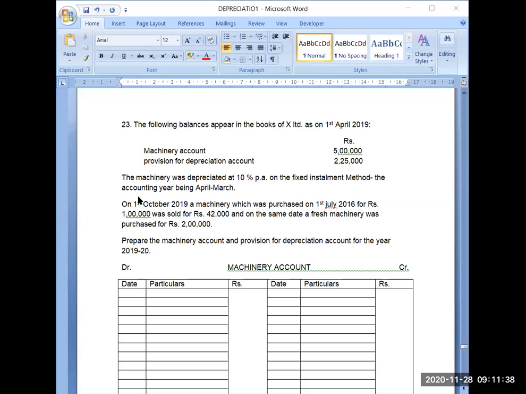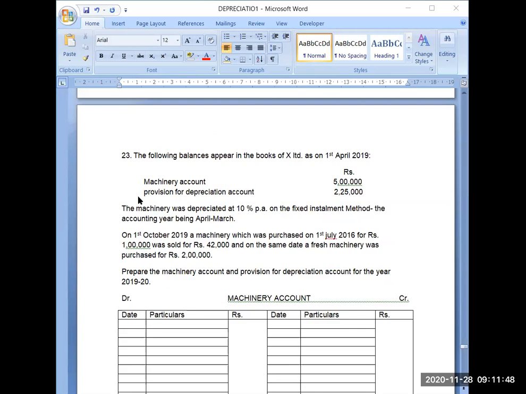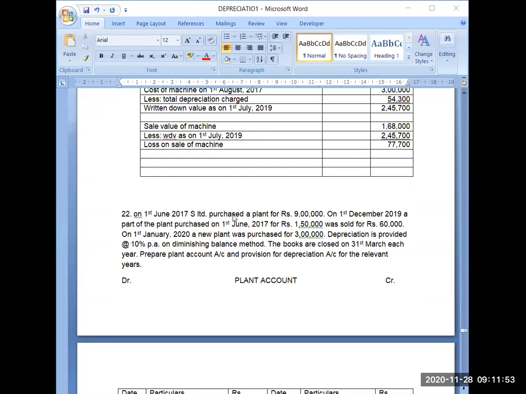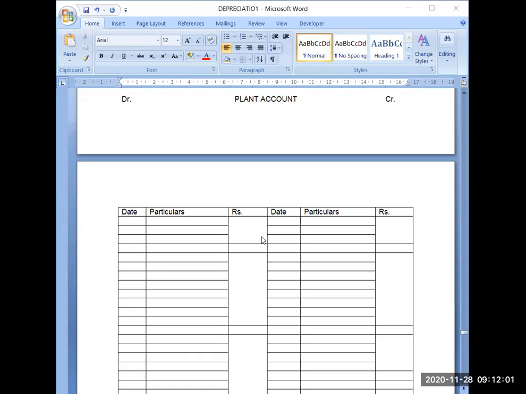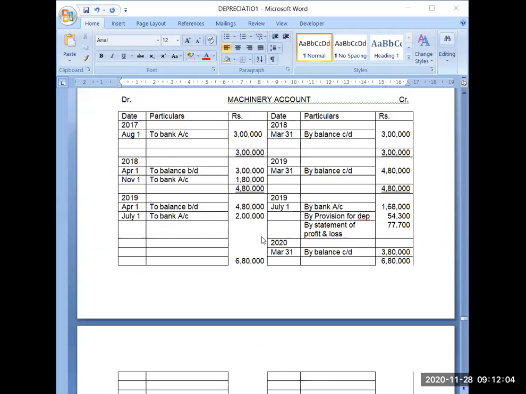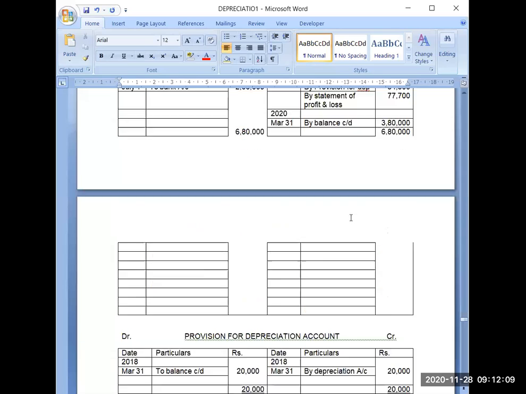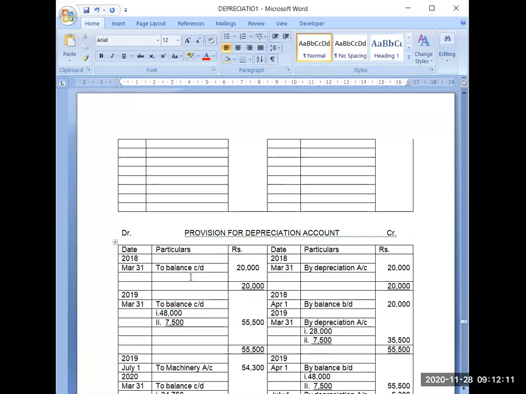Today we will be solving this question, and it is a little bit different from the questions which you have done earlier. Earlier, you were getting the question from the beginning, that what you have purchased, then when you have sold that machine, each and every piece of information was given. So we were preparing the account like this. We have done the entry of purchase, then we were calculating the closing balance, charging the depreciation, then again closing balance, opening balance.